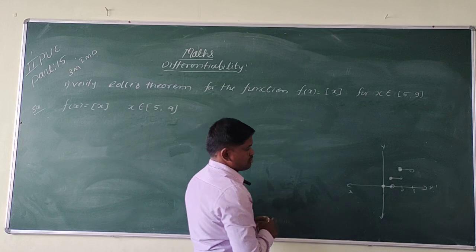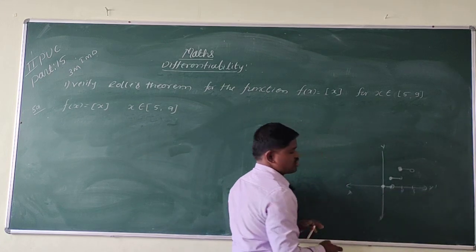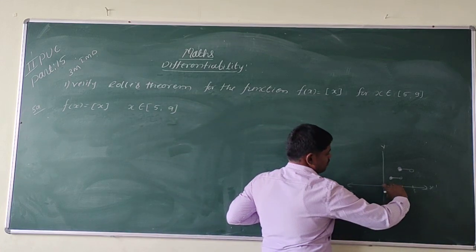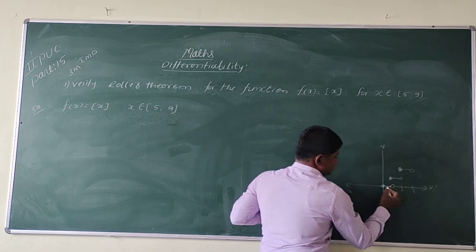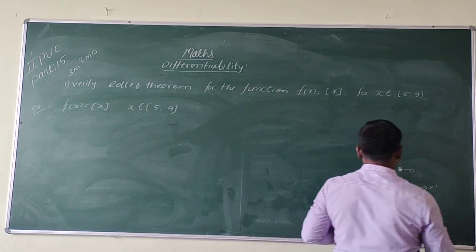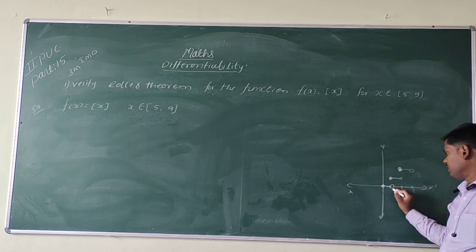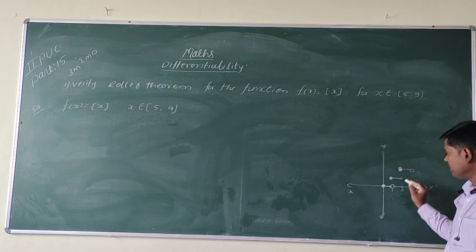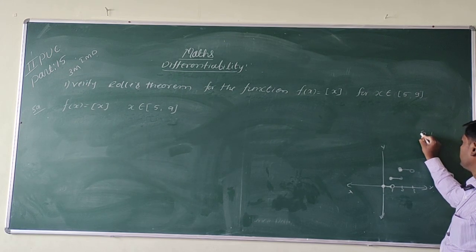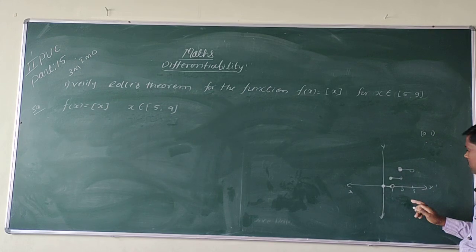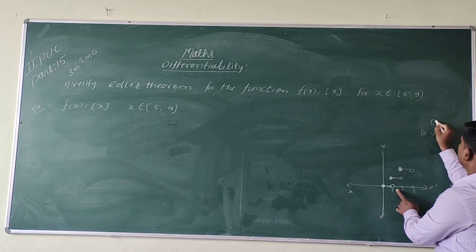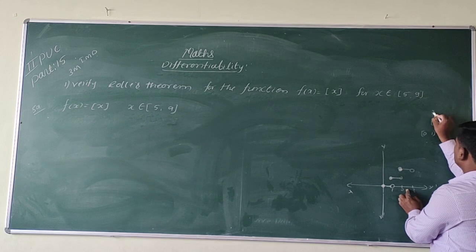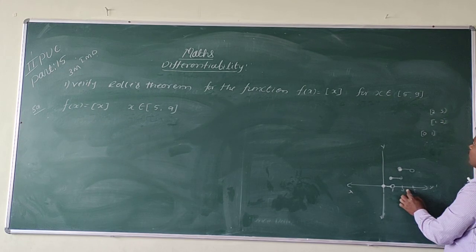Okay, so suppose we are taking the positive real values. The graph is like this. You see that this is not continuous at integer points. At the point 1, it is not continuous. From 0 to 1 it is continuous in the interval. In the interval 1 to 2 it is continuous. From 2 to 3, the open interval, it is continuous.